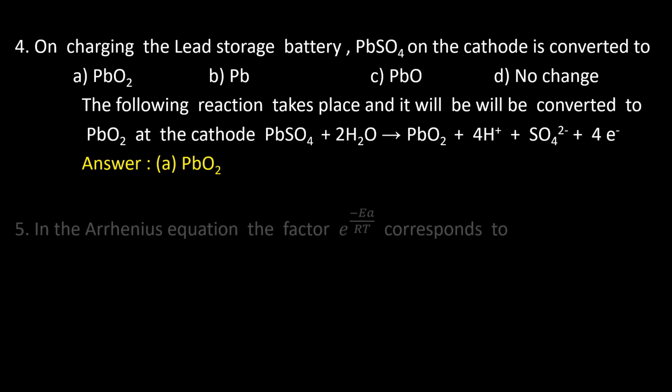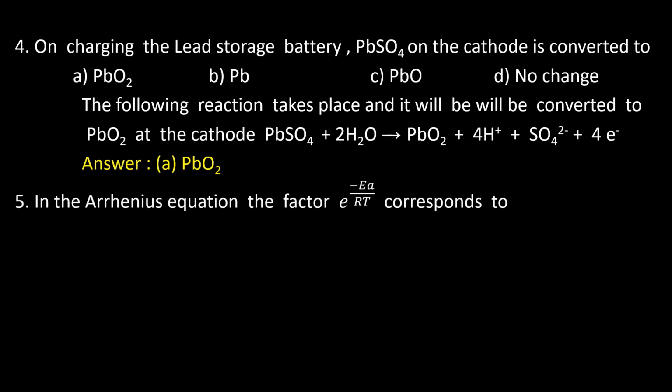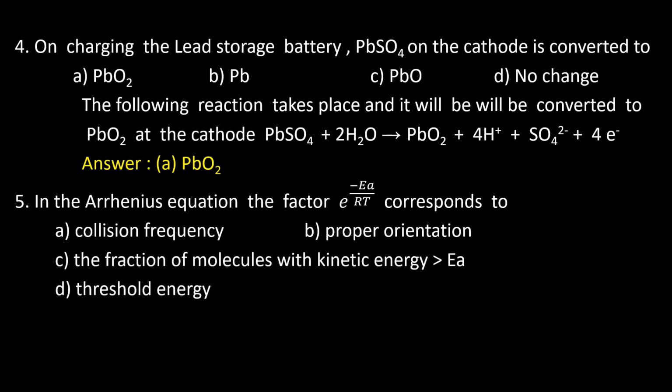Let us take question number 5. In the Arrhenius equation, the factor e to the power of minus Ea divided by RT corresponds to A. Collision frequency, B. Proper orientation, C. Fraction of molecules with the kinetic energy more than Ea, D. Threshold energy. Dear friends, in the given expression e to the power of minus Ea by RT,